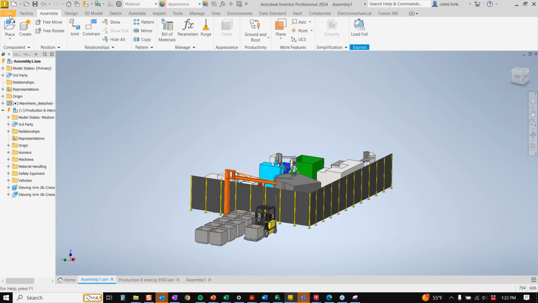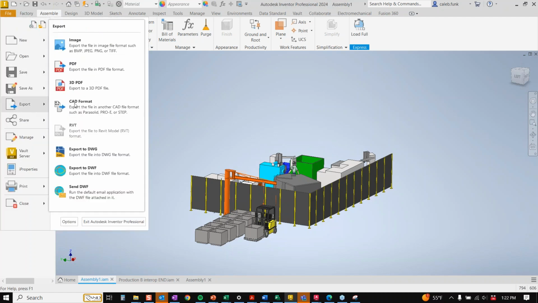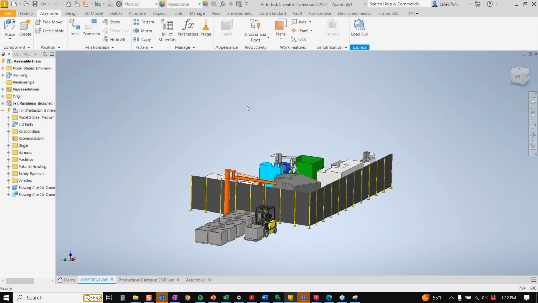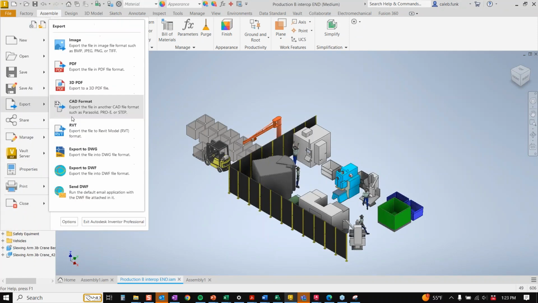So I'm going to go ahead and take this, and I'm simply going to export it out. And I have the option to export that out. I've got to be in the right spot as a Revit file. So I can take this information and send it out as an RVT. Make sure I'm in the right spot here. There we go. So when I go to export,